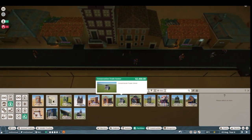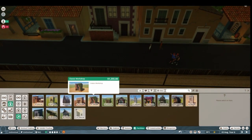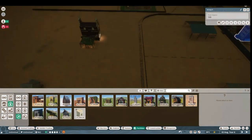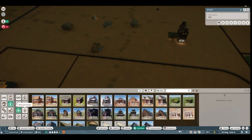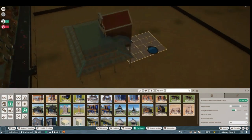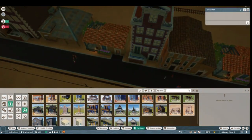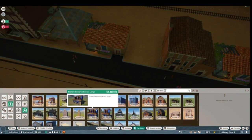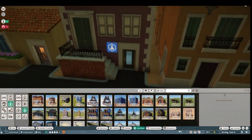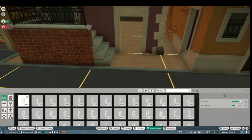What about Trade Center? Ooh, you know what we could just do is, if I'm not mistaken, this is meant to be, what is it meant to be again? I don't know. Oh, is this meant to be a research center? Okay. So maybe instead of this being a research center, we use this as a staff zone, we already have a staff zone, but we get rid of that. We add in, just bear with me for a second. We add that in. We get rid of this. And for that matter, we can get rid of this. And we add in